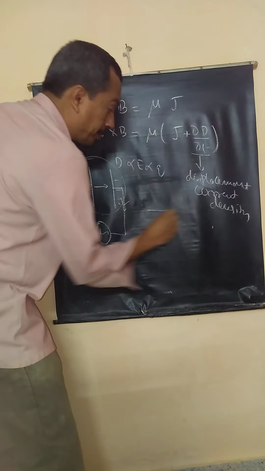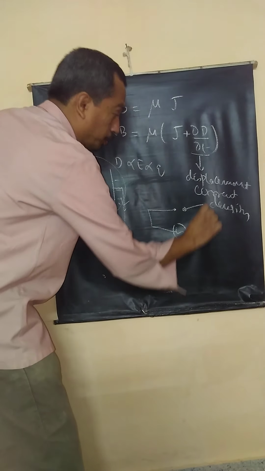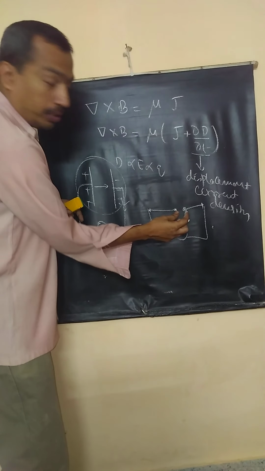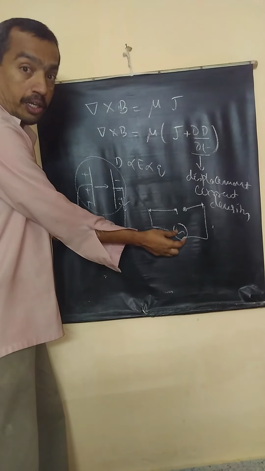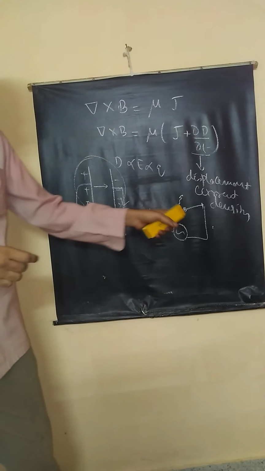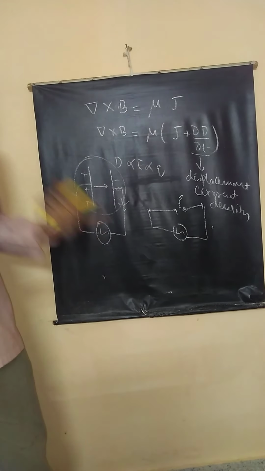A simple antenna: a half wave dipole antenna connected to an AC source. See here, two wires separated by a small distance. This acts like a dipole. Now when it is connected to an alternating voltage, electromagnetic waves are produced from here. This is a simple antenna. It is this equation that was used by Hertz to make the first antenna.